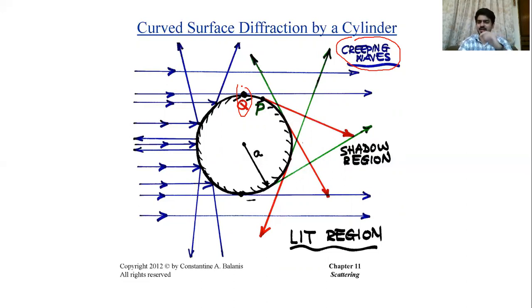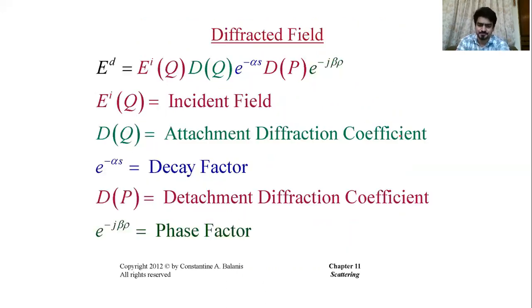When they travel along this surface, they will continuously leak away some energy in terms of radiation, and that is what we represent as the point of detachment, that is point P. And that will happen from both sides, from the upper side and from the lower side. So the two opposite sides will have the same mechanism. As a result, in the shadow region, they will interfere with each other and create constructive and destructive interference, and that is why you will see lobes in the back side, in the shadow region.